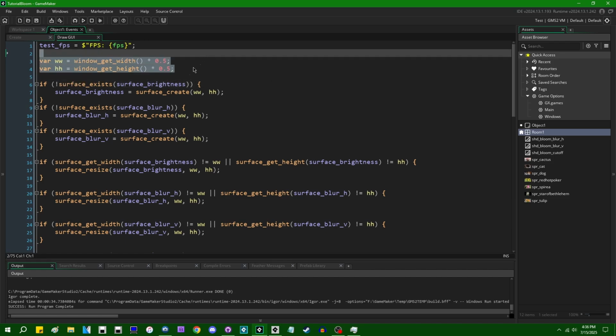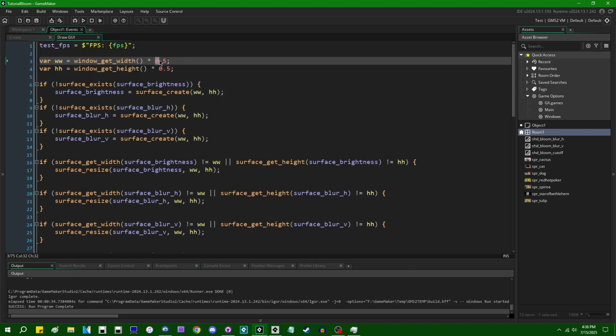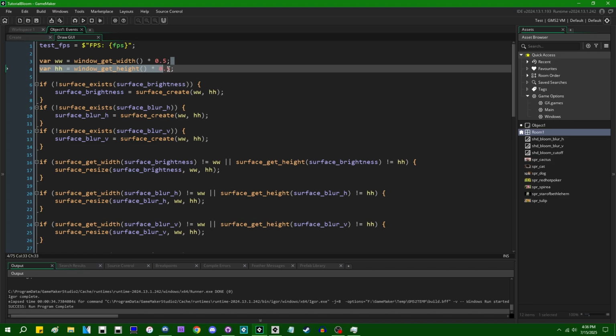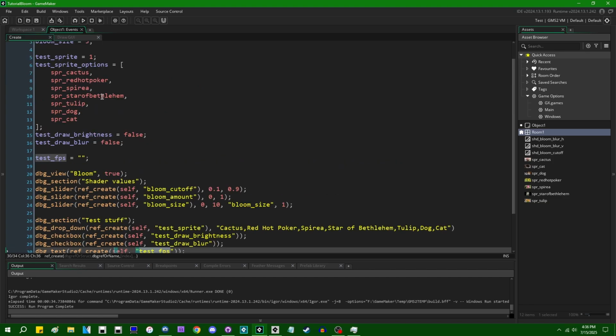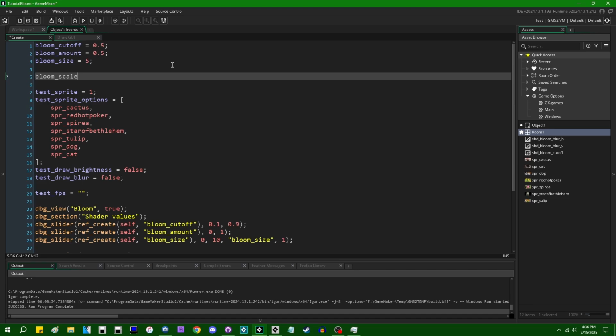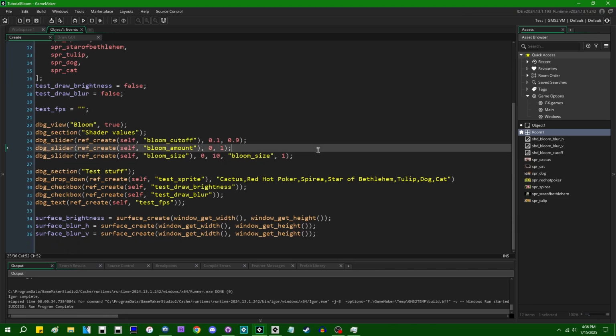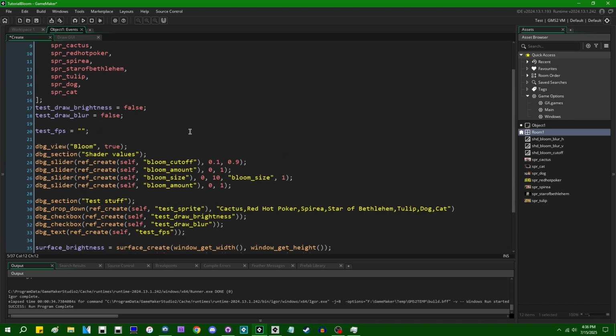Let's see. I do want to let the user in this test situation dynamically control exactly how much of a reduction we get. So this is half on each axis, so that'll be a total of 1/4 the number of pixels that we're having to do bloom on. And if I were to define in my create event a new bloom scale or something like that, we could initialize that to 1. We could make ourselves a new variable definition that's going to be a bloom scale, which is going to be a slider that goes from 0 to 1. And